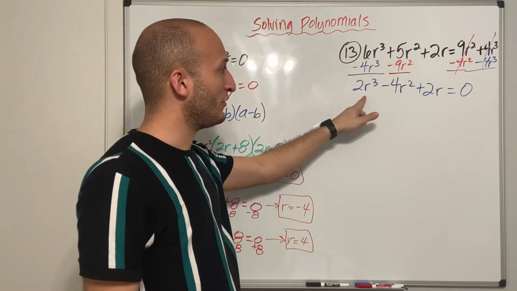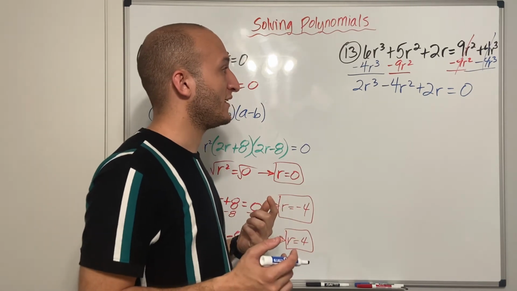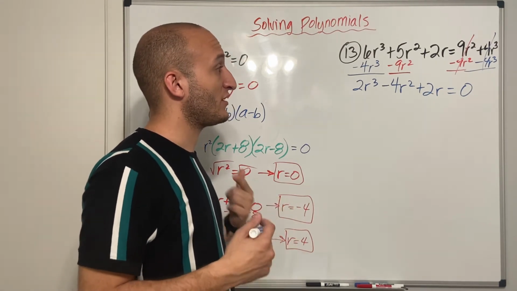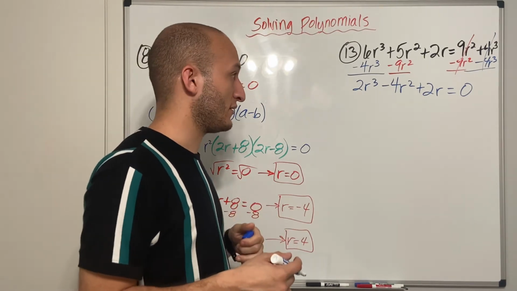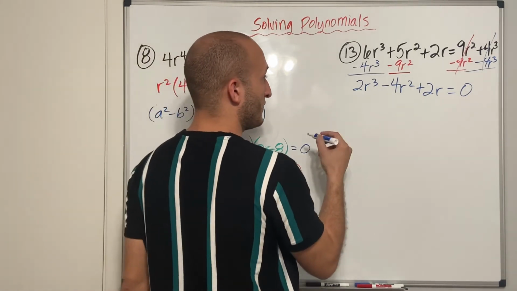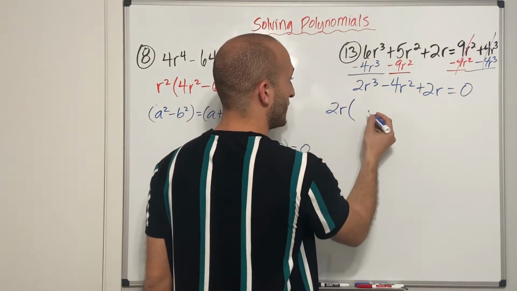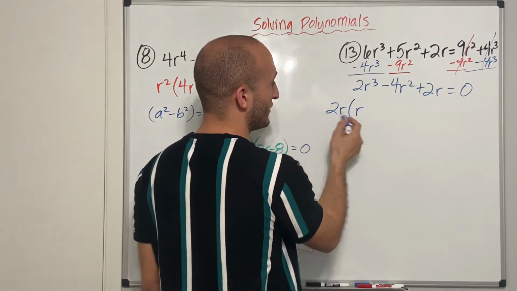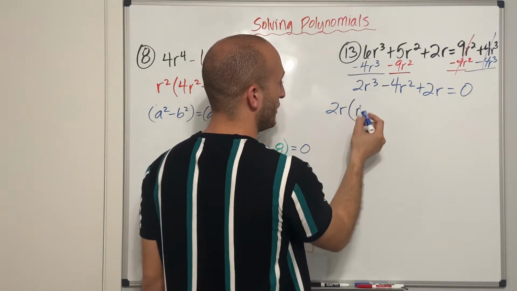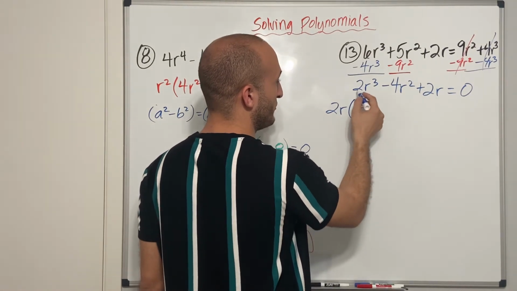And I see that all of these have something in common. Before I start trying to factor this, let's try to find the greatest common factor, okay? So my greatest common factor there would be 2r. So I'm left with just an r there, because 2r times r equals 2r squared. So 2r times r squared gives me a 2r cubed